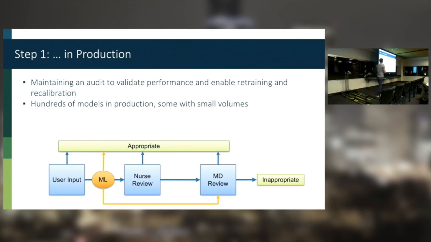There's also an interesting problem here. We have hundreds of models in production, as I mentioned, and this is very far from what Amit detailed previously, but these models are kind of coupled. If the performance on one of the types of procedures is going down, it may very well be going down on other procedures, but maybe not.